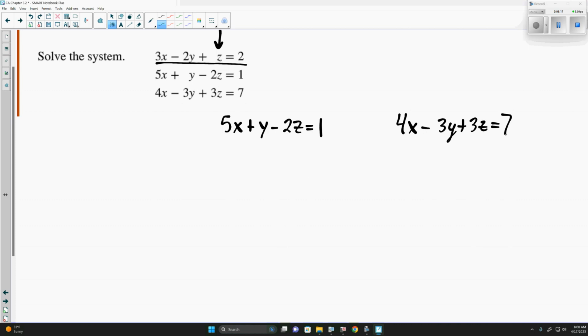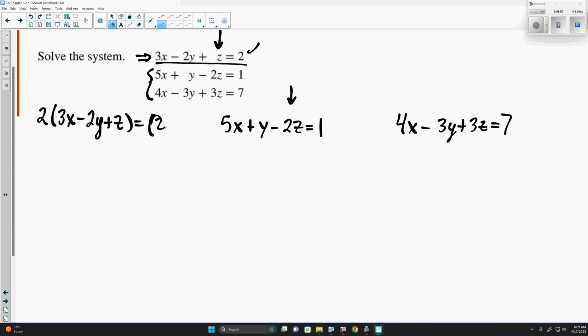And the reason I can just rewrite them is because since the first equation, the value in front of z is just 1, I only need to manipulate it to get z's to cancel. If we'd have done x, we would have to change both the eliminator equation and these two here to get them to be the same. Now for the one on the left, to get the z's to be the same, I need to multiply this equation by 2. So we can do 2 times 3x minus 2y plus z